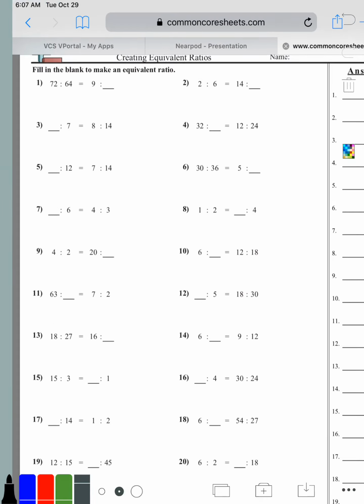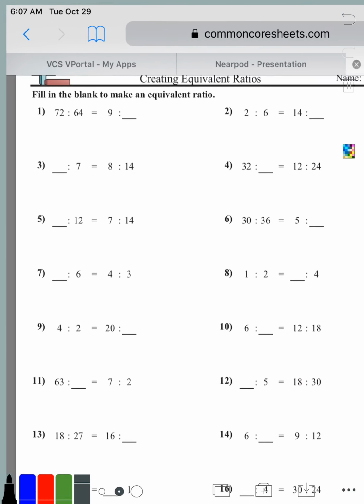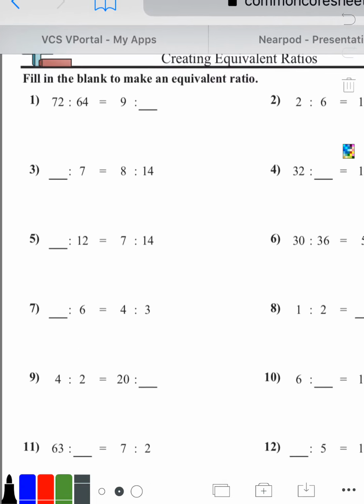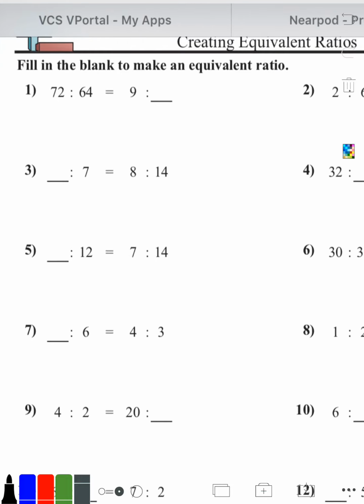Okay, for these right here, we're filling in the blank for an equivalent ratio. Now, a ratio has basically infinite equivalent ratios. But the easiest thing is to always start off with the simplest form. Now, in this case right here, they give us something to 7 is equal to 8 to 14. Now, I think the easiest way to do this, let's look at number 3, is to make this one simplest form. The greatest common factor of 8 and 14 is going to be 2, and that's going to make it